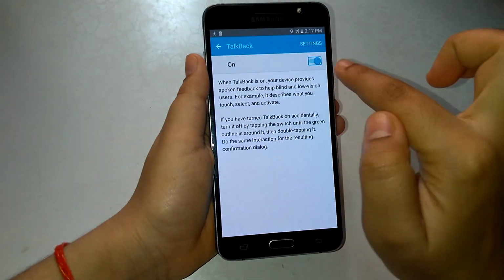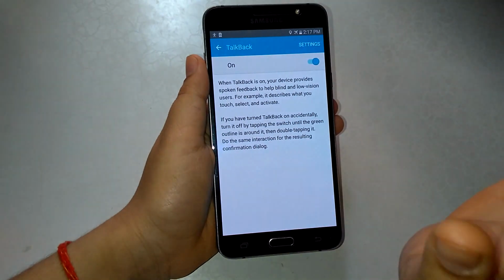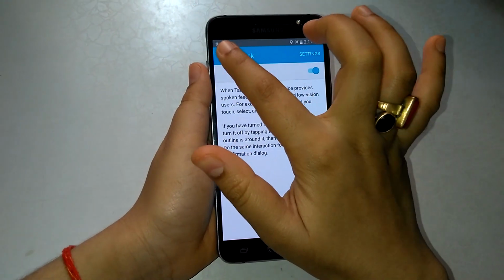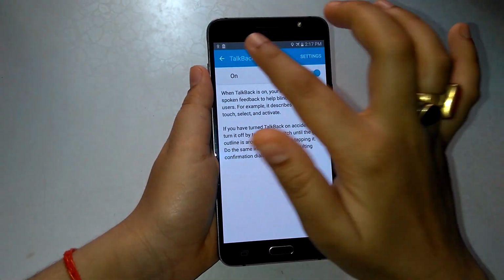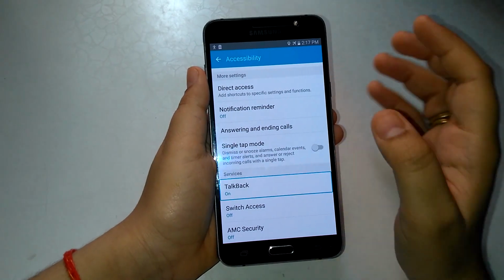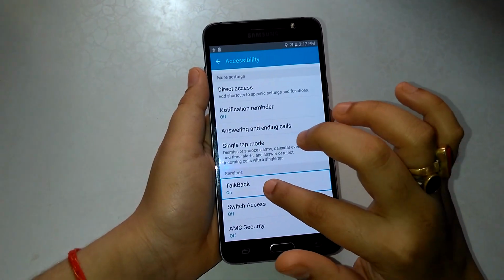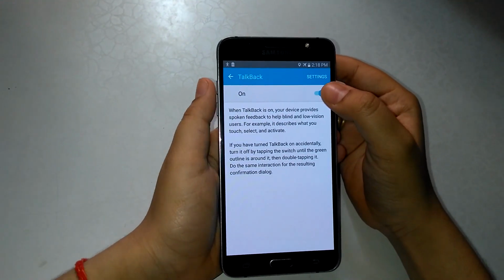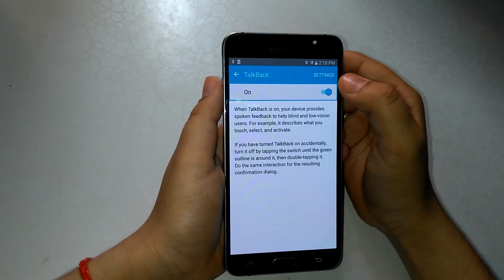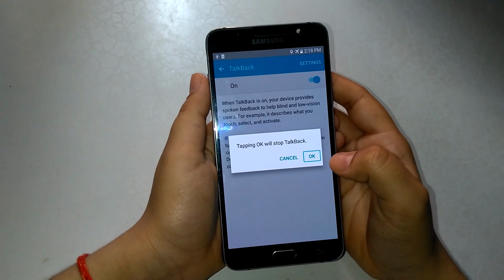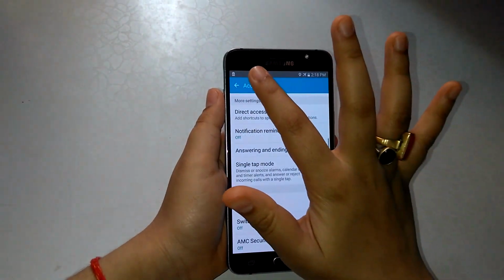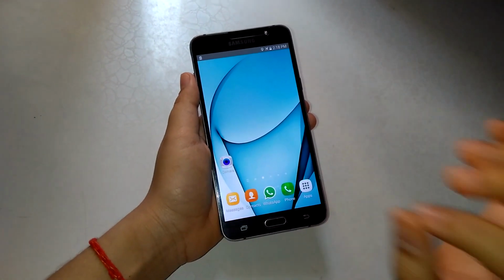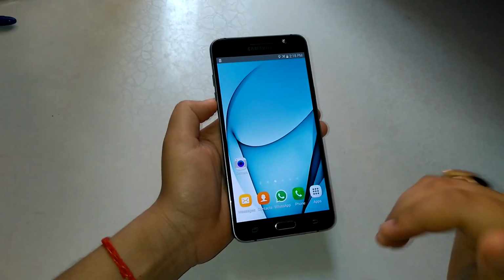Suppose you can see, on switch. This is the on switch. Navigate up button. This is the back button. Double tap whatever you have to do, like if you have to go to the back button, then you have to double tap it and you will come to the back button. See, so this is a very good feature for the people who have low vision. Talk back. Suppose I have to switch it off, then double tap this button. Okay, this will switch it off. This is a good feature for them. Obviously we can't handle it. This is very difficult because we have to double tap it for every option, but it is good for them.